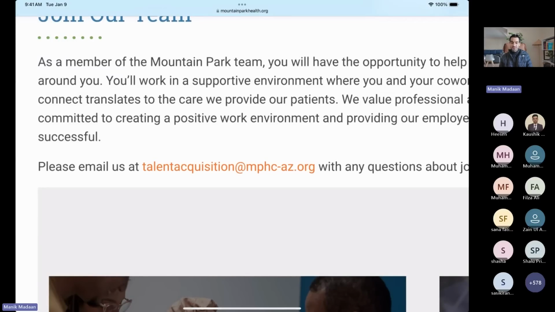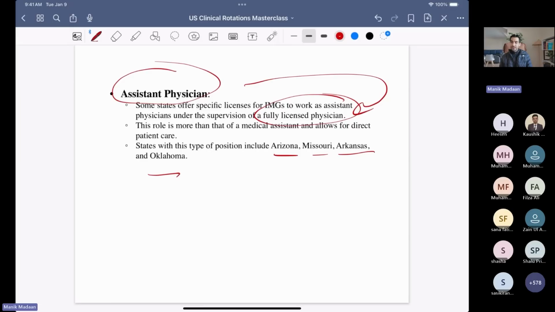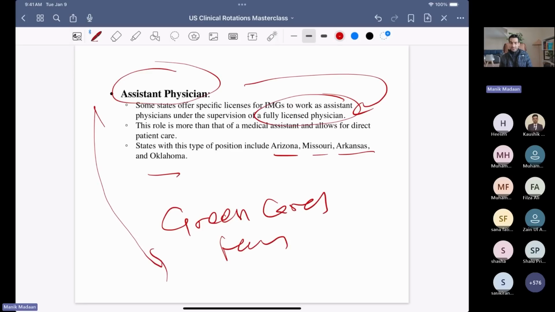A lot of these positions aren't advertised, right? So you have to reach out and clarify. That's a good way to find jobs where they can pay you, but again, these are restricted to green card holders. Assistant physicians generally make more money than medical assistants, and this kind of USCE is better because it has